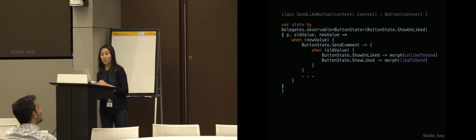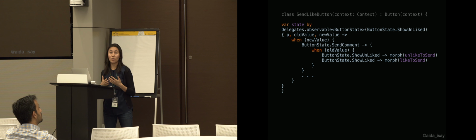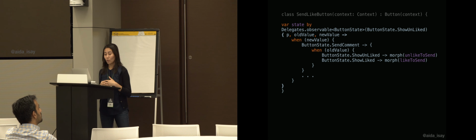And then the fun part begins here when we introduce a state variable as an observable delegate. We pass the initial value. In our case, it's gray heart, so we said it's going to be unliked. And then inside the Lambda function, we perform our operations. If the new value is send comment, but the old value is show unliked, therefore, I guess we have to make an animation from